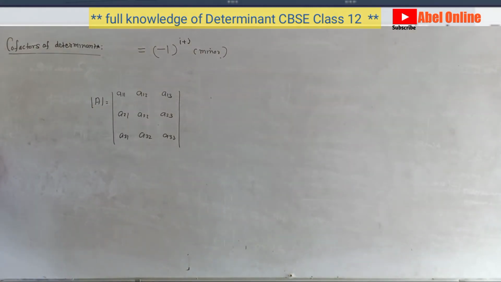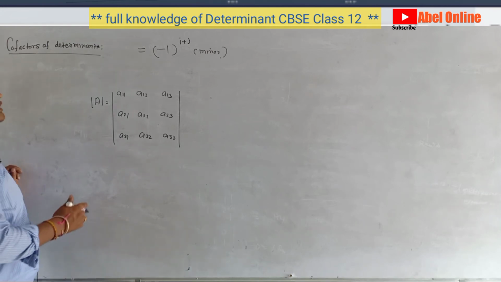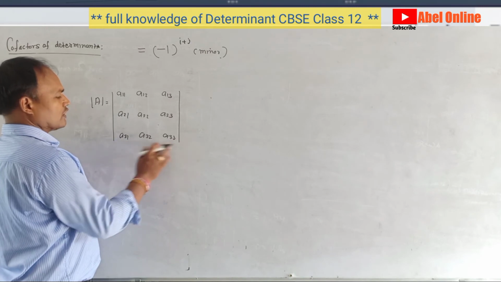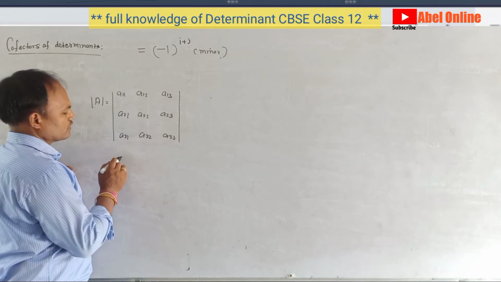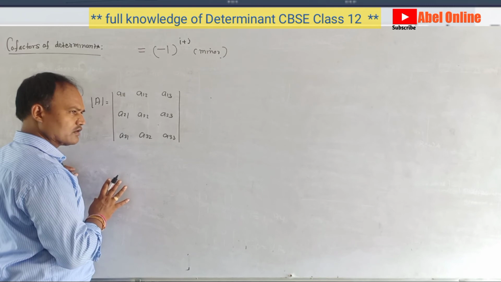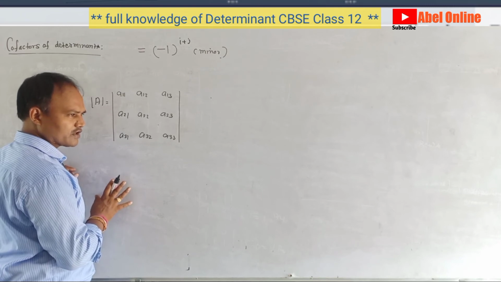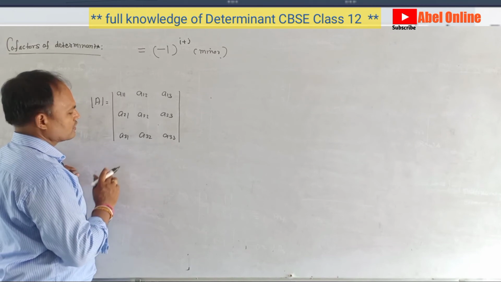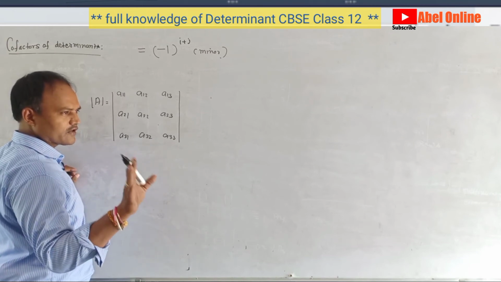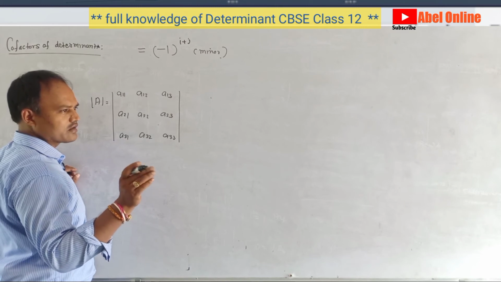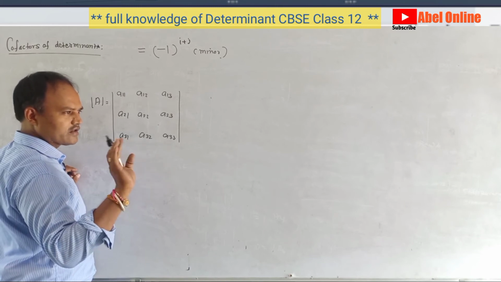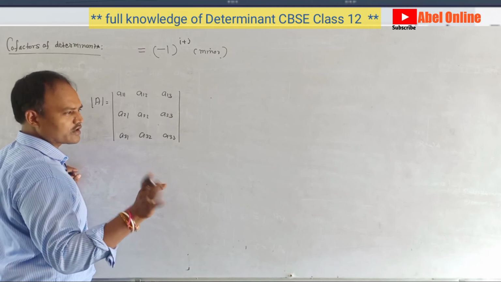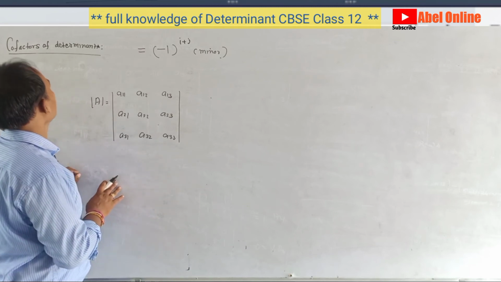Okay, so this is a question, guys. A11. So we have to find cofactors. The same way as we find the minors of a determinant, we have to find the cofactors of the determinant. But there is some difference of signs, meaning we have to use a positive or negative sign in cofactors, but there is no problem of signs in minors. Okay, so now we are going to discuss cofactors.